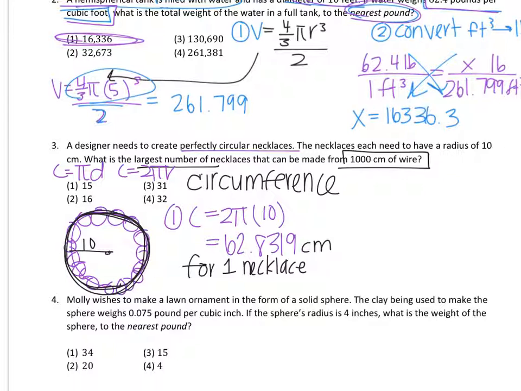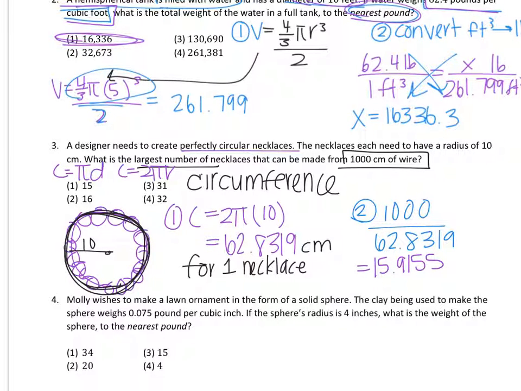So now your goal is to figure out how many necklaces we can make if we have 1,000 centimeters of wire. You could take 62 and add it to itself continuously until you get to 1,000, and see how many times you added it. You could also multiply it by different numbers to see what gets you to 1,000. But the easiest option here would be to take the 1,000 centimeters that we have and divide it by the 62.8319 centimeters that we need and get a value of